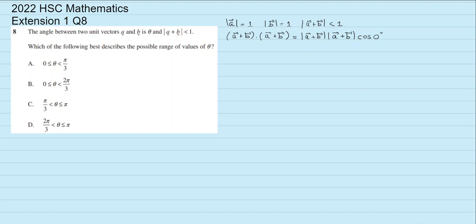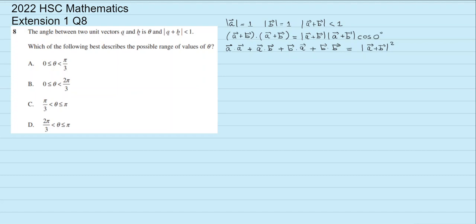So vector A dot vector A, plus vector A dot vector B, plus vector B dot vector A, plus vector B dot vector B. And this will be equal to, on the right hand side, the magnitude of vector A plus B the whole square times 1,